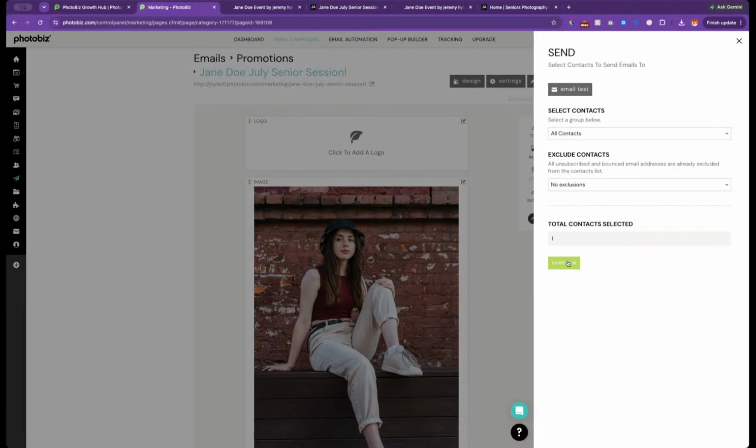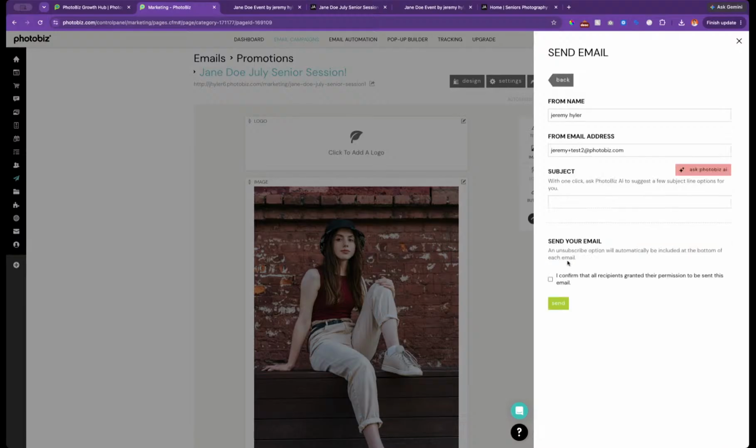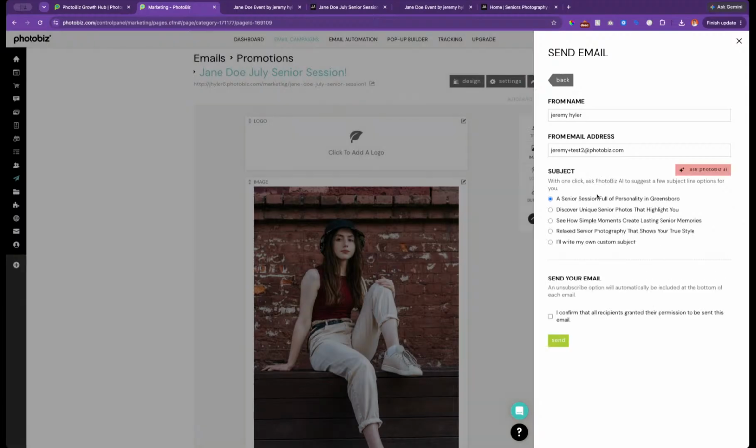The cool thing about this is PhotoBiz has tons of new features that are assisting you, such as maybe you need a subject for it. Well, guess what? Ask PhotoBiz AI. It's going to read the email, and it's going to give you the best optimized subject that can help. So